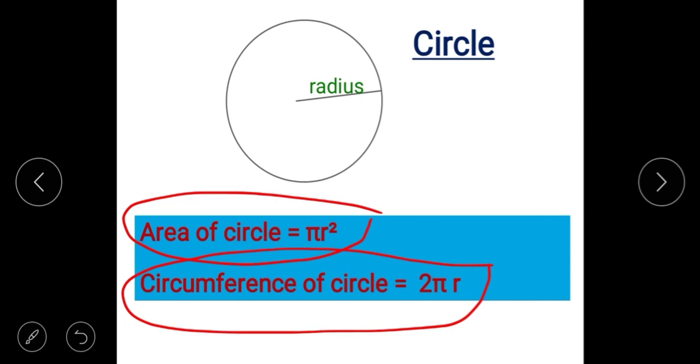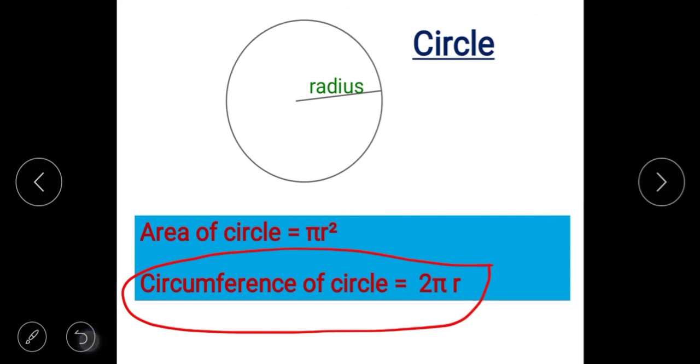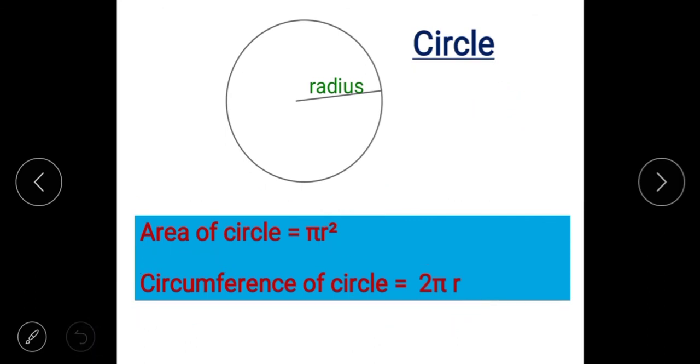If you see the formula of area, here there is radius into radius. I am not talking about pi at this time, pi is a constant. You have seen the formula of area of rectangle, length into breadth. There are two dimensions, length into breadth. Suppose both are given in meters. So meter into meter, meter square. So here if the radius is given to you in meters, again meter into meter, meter square. There are two dimensions. You can also guess anything from the unit, whether that is an area, perimeter, or circumference.